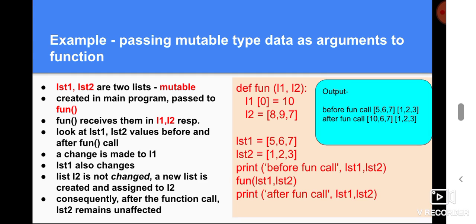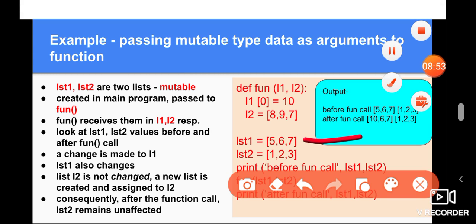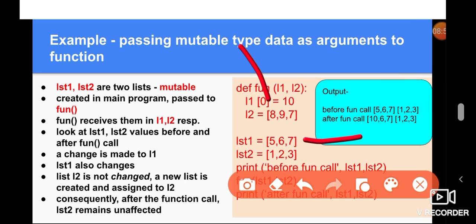It is not that LST1's list is copied to make a new list for L1. L1 points to the same list as LST1 is pointing. Okay, so when L1 changes its item at index 0, then really what is happening is that the item at this location of the original list is being changed, right?